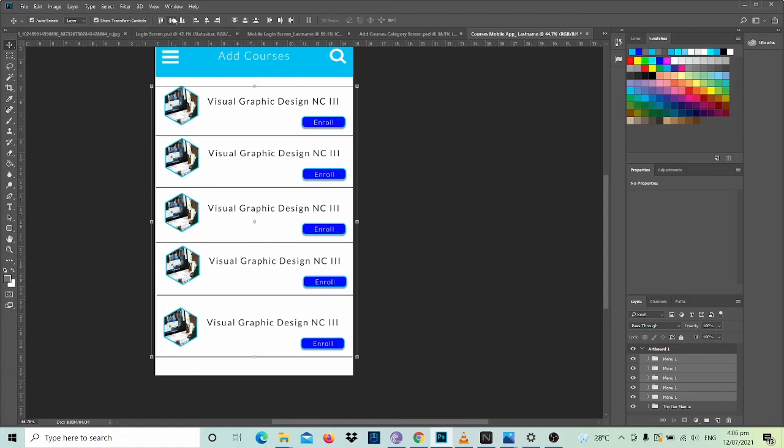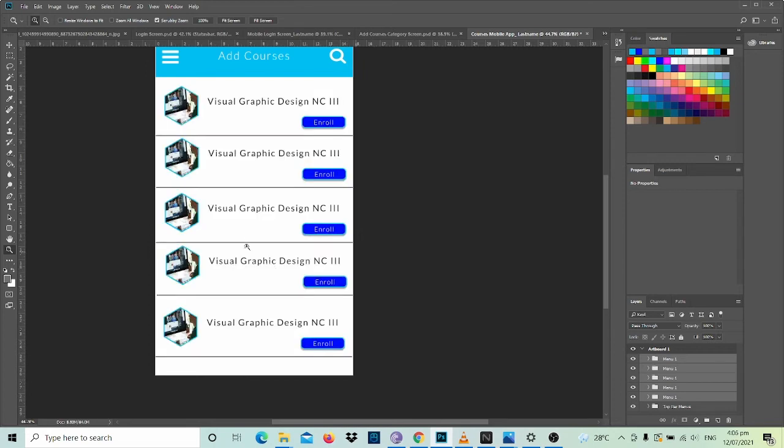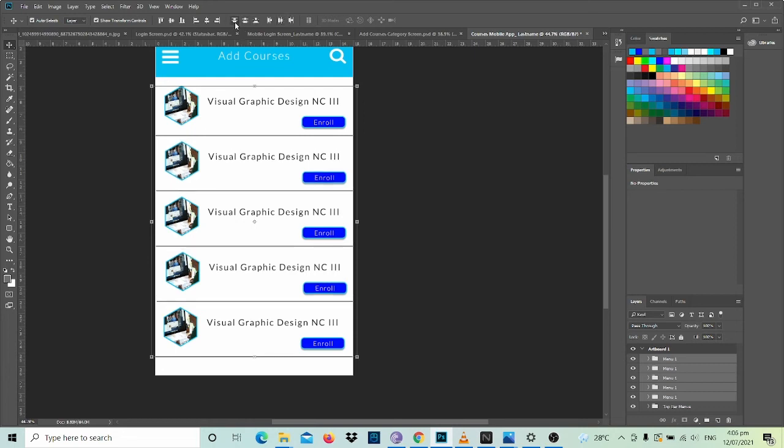So we have to try to align this using the align vertical centers. Okay, so vertical sila balik. So atong control Z, sorry. Atong gamiton lang is, I think, ano na siguro? Okay, kani. Distribute top edges. So mas balance siya. Okay, so you already done that, and then